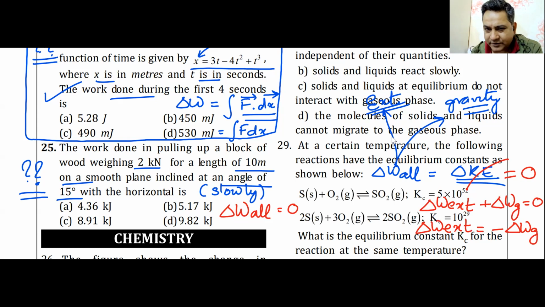And work done by gravity is very easy to find out. I am lifting it up. So work done by gravity is minus mgh. So work done by me would be minus of minus mgh. My answer would be plus mgh. Do we understand this? That is how this question was done.